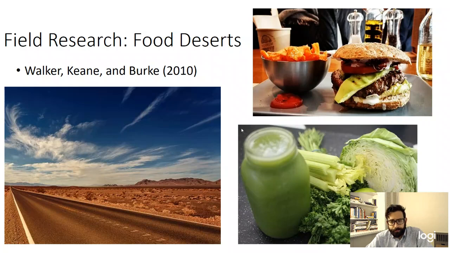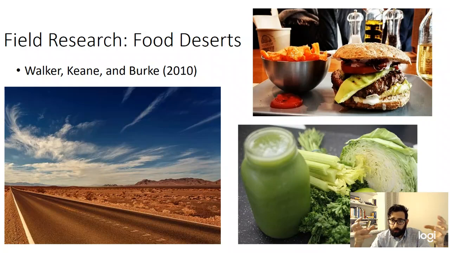And so for food desert researchers, you could actually go out and take note of how many there are. You could use GIS software or even Google Maps and look, and make note that this community has X amount of fast food places versus no grocery stores or whatever it might be.